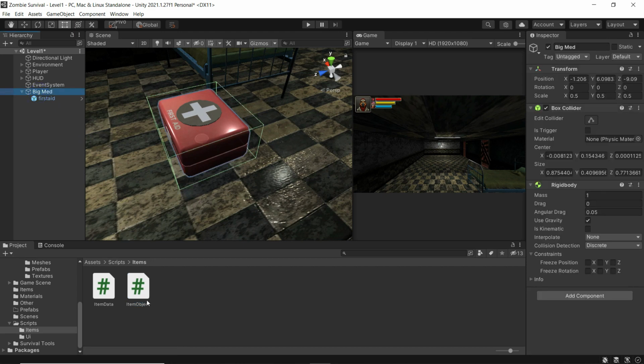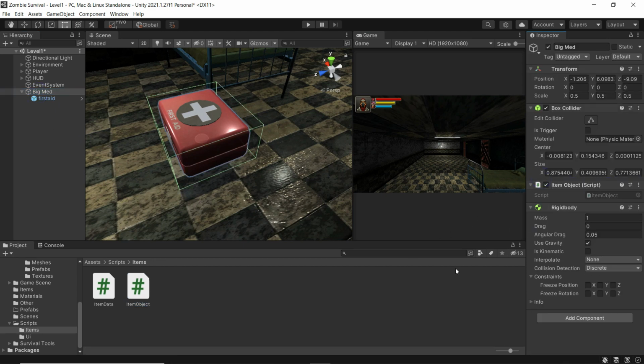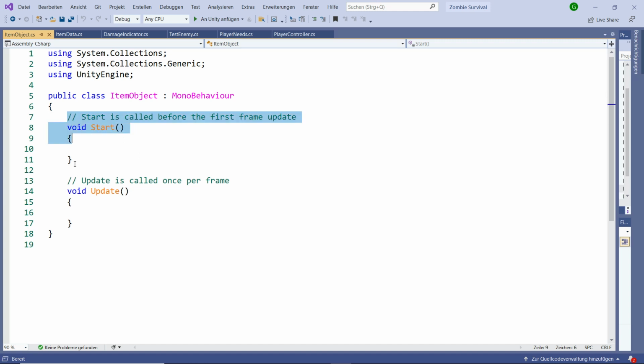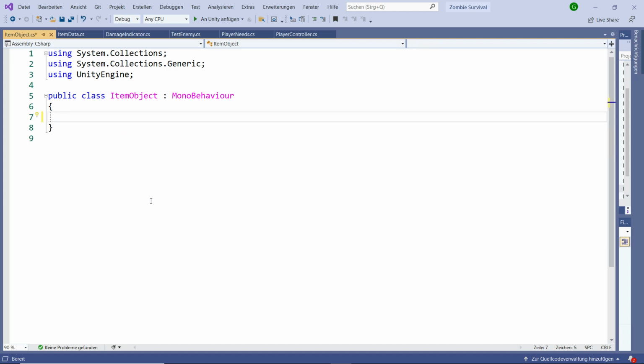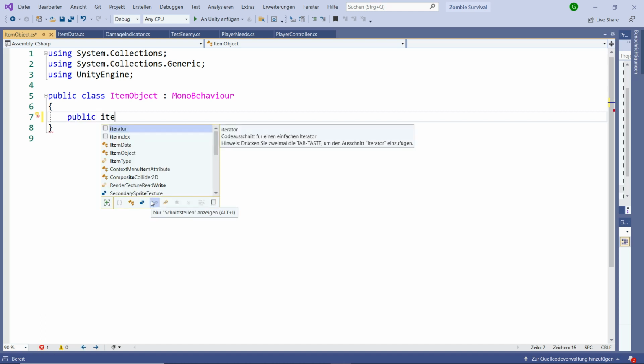Then I'm going to attach that ItemObject to our item. So now let's go inside. I'm going to delete the start and update functions. Here we are going to write public ItemData